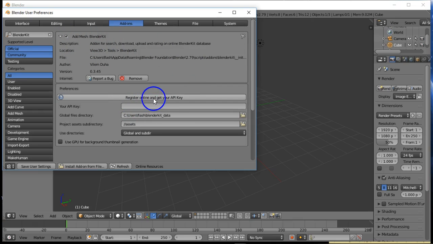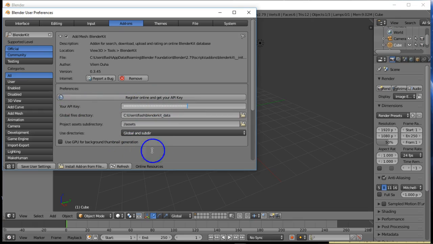And then it says register online and get your API key. So if you got this actual Blender add-on from somewhere else other than the website and did not create a membership through becoming a creator, then you would have to go through and register online first, and then you can get the API key. So I got my API key, I copied it, and I'm doing Control V to actually paste it. So I use Control C to copy it, Control V to paste it